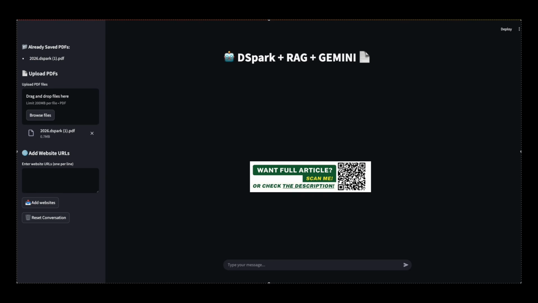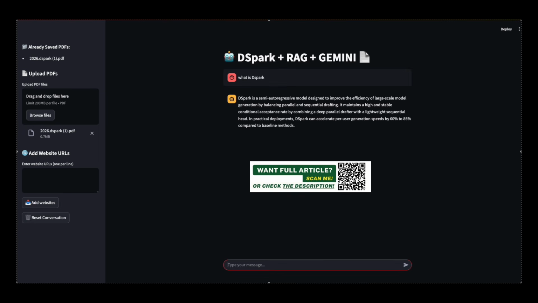If you take a look at how the chatbot generates its responses, you'll notice that DSpark works better with agents than with a traditional chat interface, because the process of planning, calling tools, observing, and correcting is repeated many times. The waiting time for each iteration accumulates. A 60% increase in generation speed means more iterations can be run on the same GPU. There are situations where how many times the loop is abandoned due to waiting time is more important than the